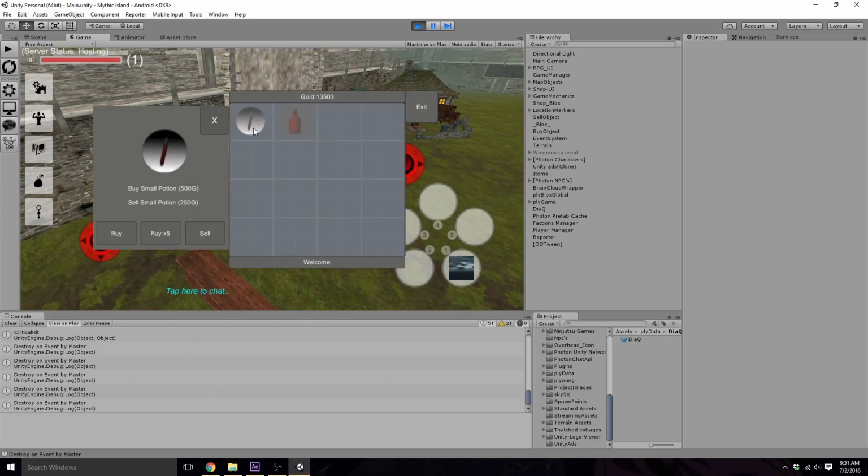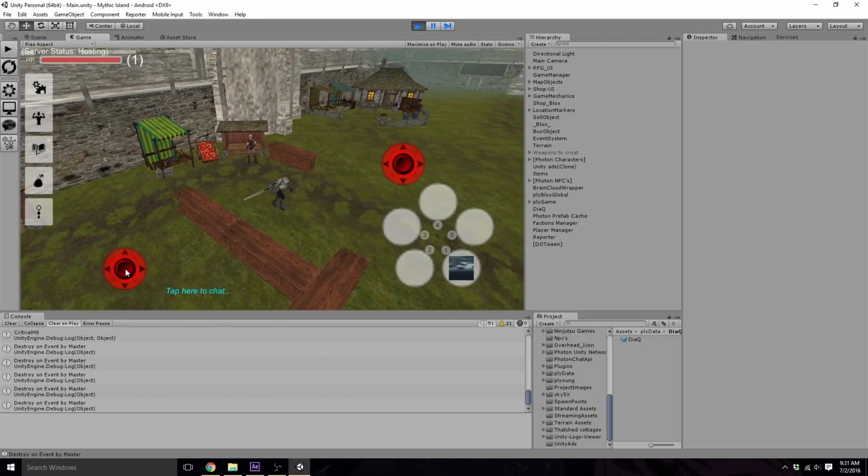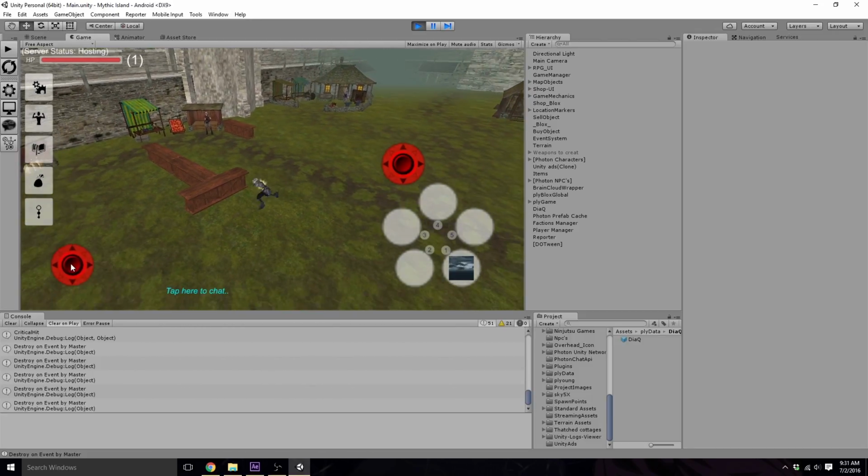Here's a shop. I will be teaching you how to make shops and work with the Unity UI. So that's definitely something you will not want to miss, because it's pretty tricky stuff, the UI. Mainly, I guess it is a little easier than the old UI,